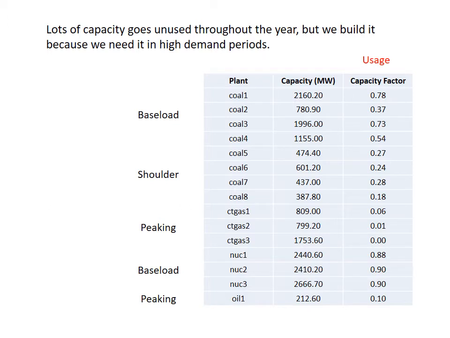So again, here we have that same portfolio of coal, natural gas, nuclear, although hydro is not listed here. These are just thermal power plants, and I've indicated off to the left here whether we would consider them base load or peaking, and there's sort of an intermediate category here too. Shoulder power plants would be ones that can ramp up a little bit but don't ramp up enough to be considered peaking power plants. I've distinguished them here by fuel type, so coal, combustion turbine, natural gas, nuclear, and oil, as